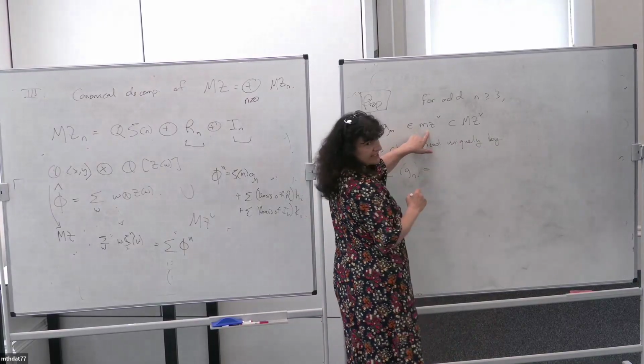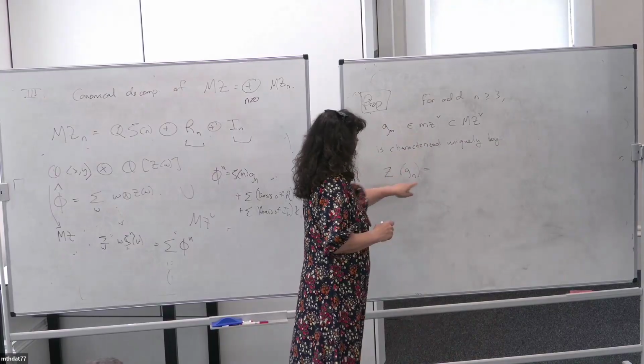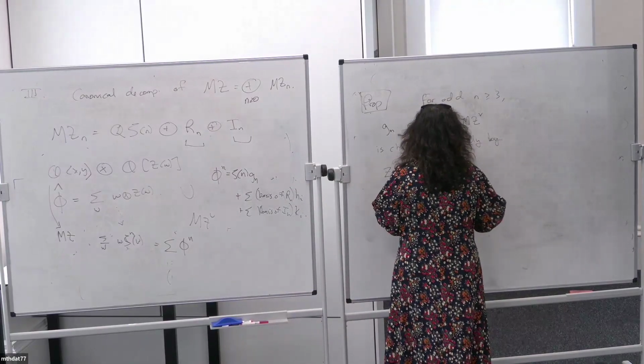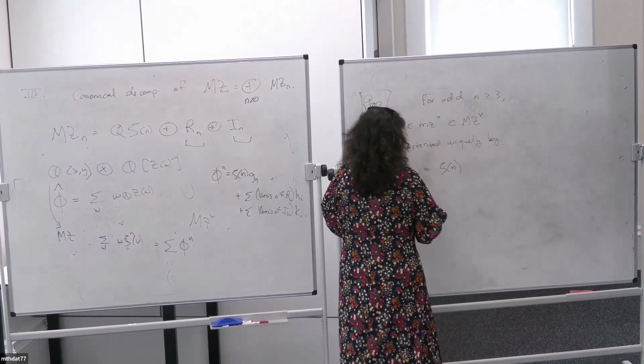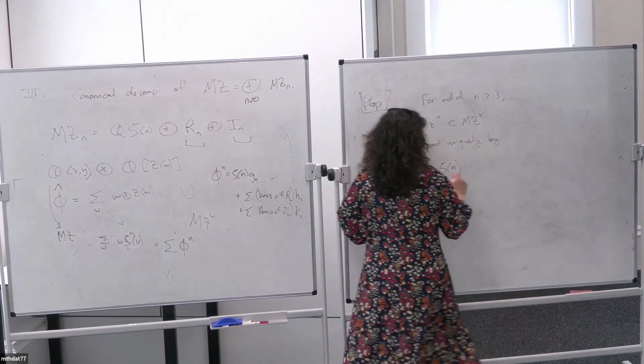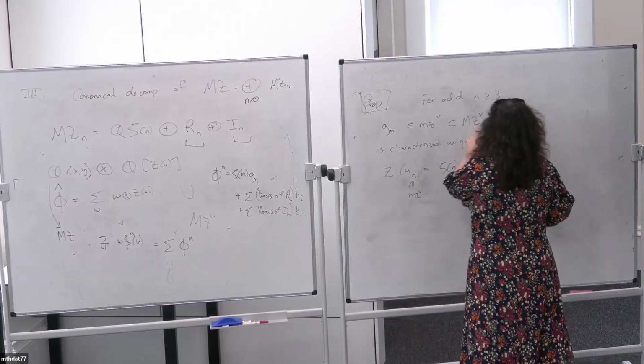If I consider it as living in here, the Z map is going to end up in MZ, and I'm just going to say zeta n if you consider that it's here. And if you consider that it's up here,